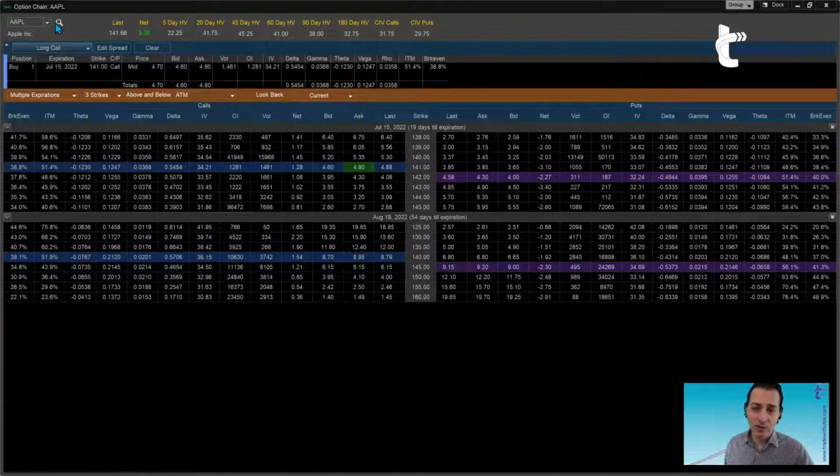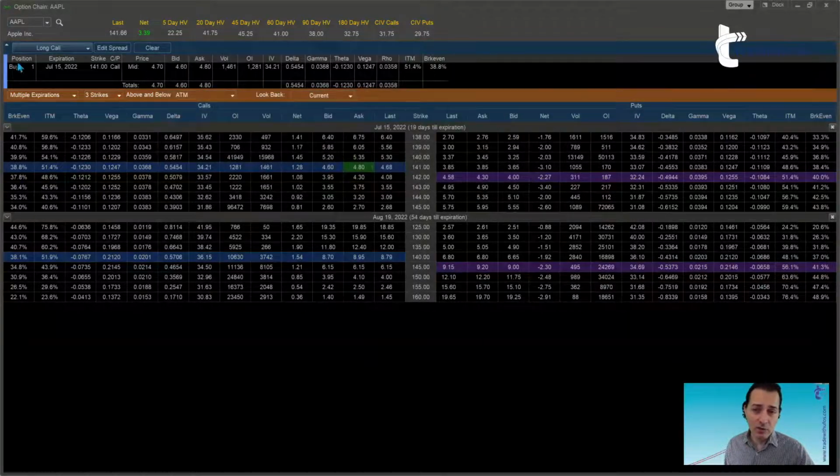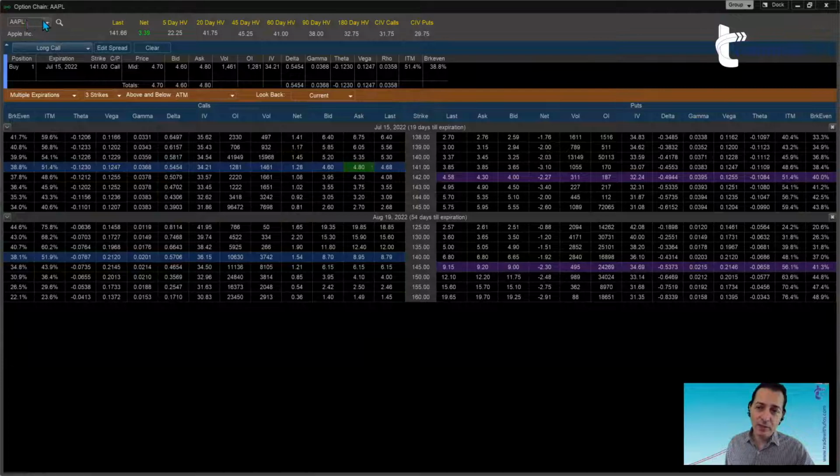Quite obvious. You also have a maximizing glass here, which basically is a symbol lookup where you could search based on the name of the company and things like that, and basically find your symbols. Without the ticker symbol, you cannot do anything, obviously. Okay, we probably talked about this in prior sessions. So anyway, the moment you type the symbol, everything below loads, right?